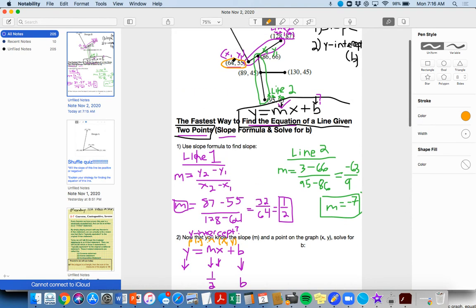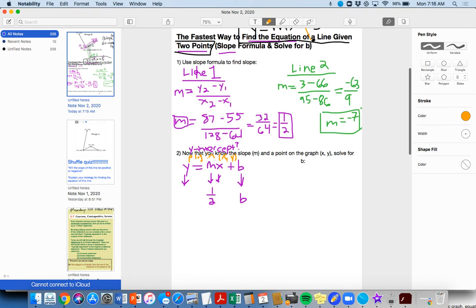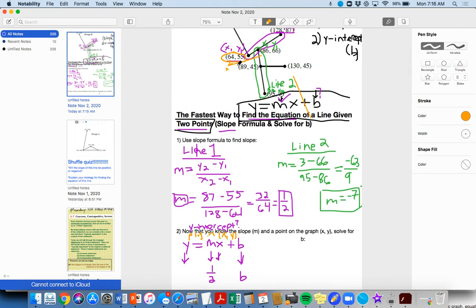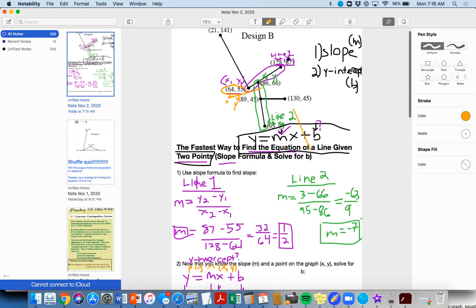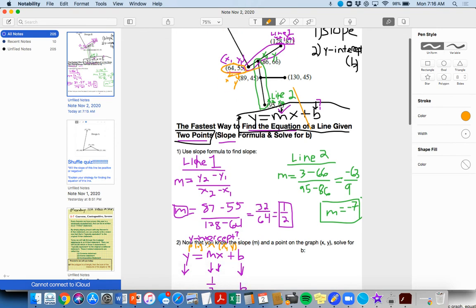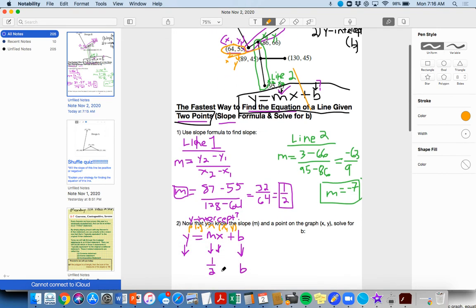And this is 65 for x. This is what we'll plug in for x to our equation. And this is 55 for y. And we'll plug that in for y into our equation. We can do this with 128 for x and 87 for y, but might as well do these. These are a little bit smaller, might be easier to work with. So if I know my slope is 1/2, I know one of my x values that works in the equation, the input of 64,